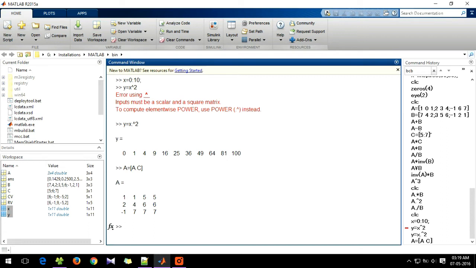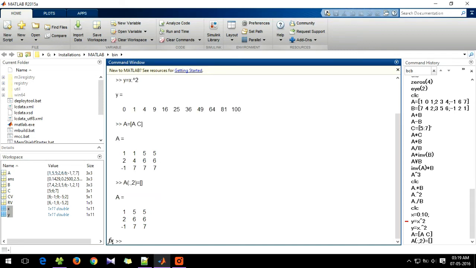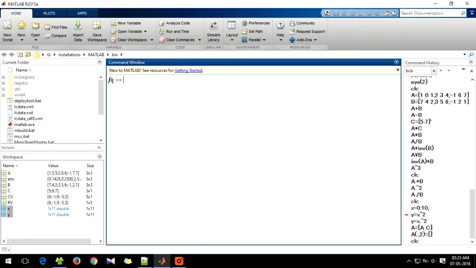To delete the second column of A, the command would be A colon comma 2, that is all the rows of the second column, equals starting and ending square brackets, that is null. I'll leave it to you to guess how the same works for rows.